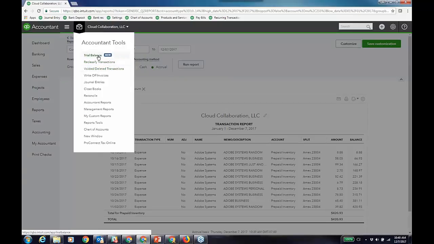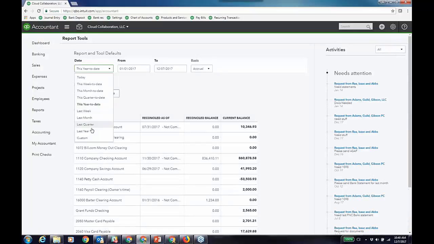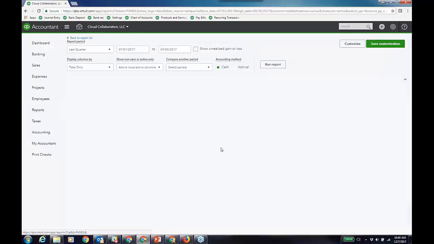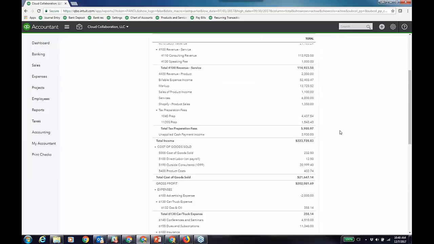There's a working trial balance in here. And if you're using ProConnect Tax Online for your tax software, then you're just sending the balances over. You do it from this work center. But when I come in for my company financial summary reports, if I go to report tools, I can set the date range that I want, like last quarter and cash basis. And I got a quick link under the briefcase too to go to accountant reports. So for my summary company financial reports like P&L and balance sheet, it's going to default to the last quarter cash basis. Right? And then before I drill in on this direct labor, which should be 0, but it's 1250,